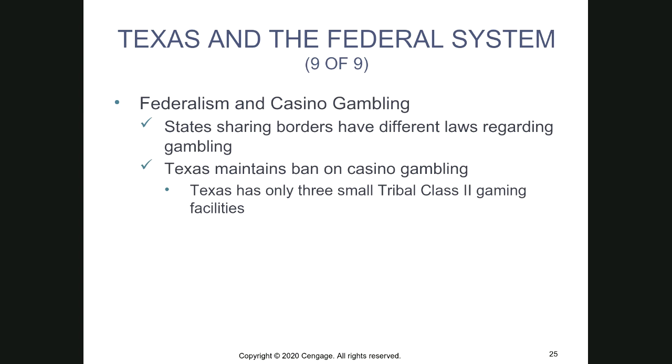But if you're looking at a map, you can actually see that there's going to be casinos that are put all up along the Texas border with other states. So like Shreveport, great example of this. WinStar, great example of this. You've got all of these casinos that pop up right on the Texas border. It's because there's a lot of people from Texas who are gambling. They're just crossing state lines. So this is a good example of the states working as laboratories. So let's look again at our whiteboard just briefly.